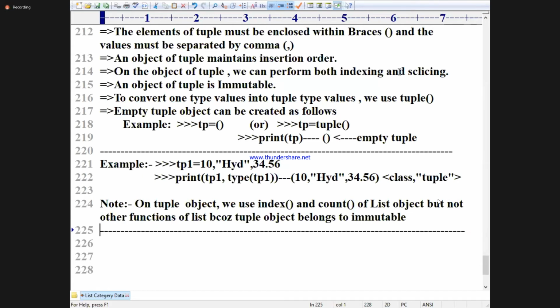So you enjoy, but the subject is our primary one. Okay, right, finished. Next, write down the heading: set category data types. Completed. Set category data types. So I am confirming that everybody has written, right? So I will take the new screen.